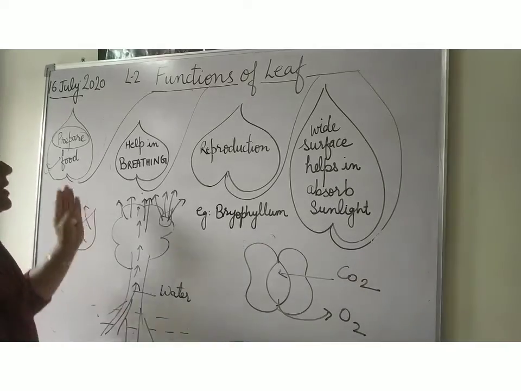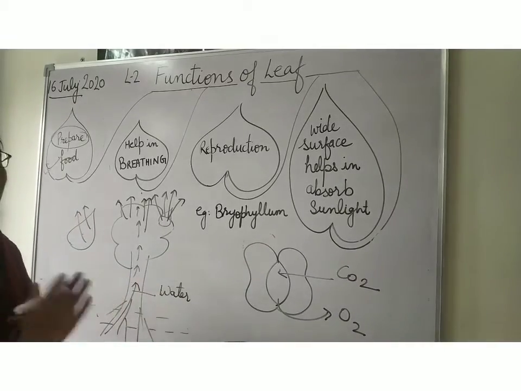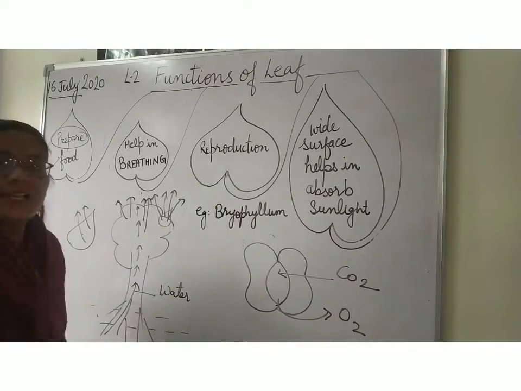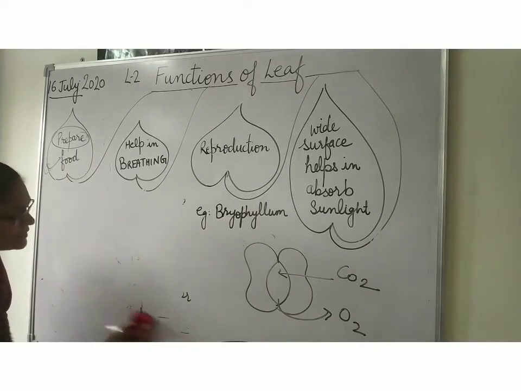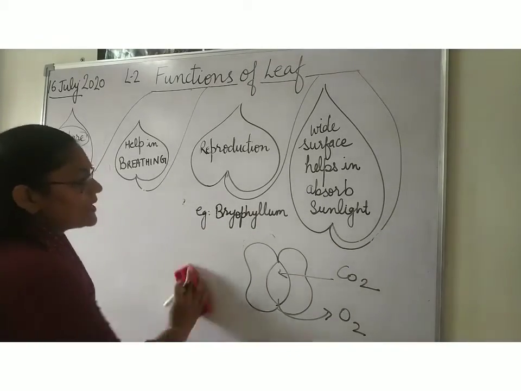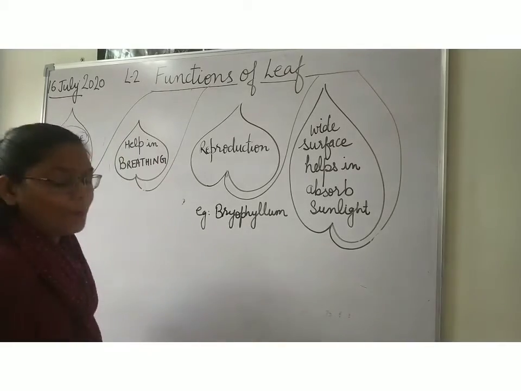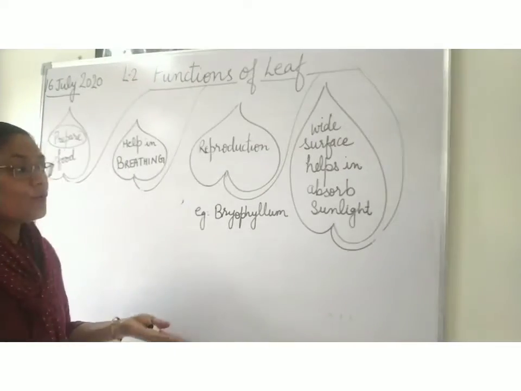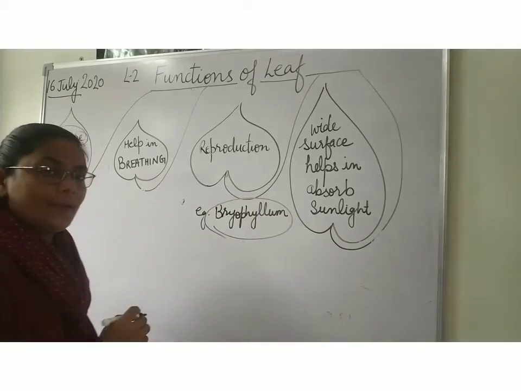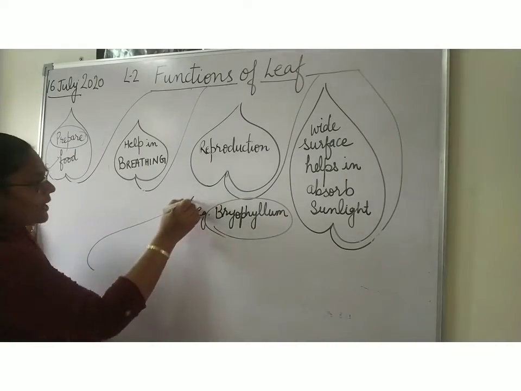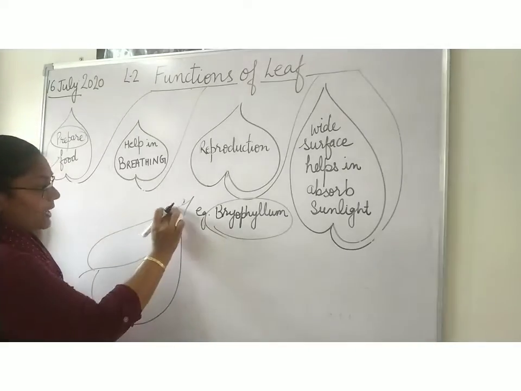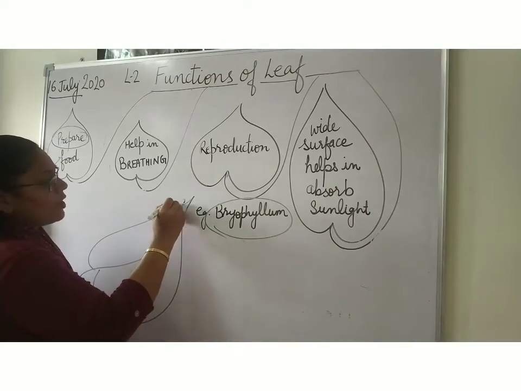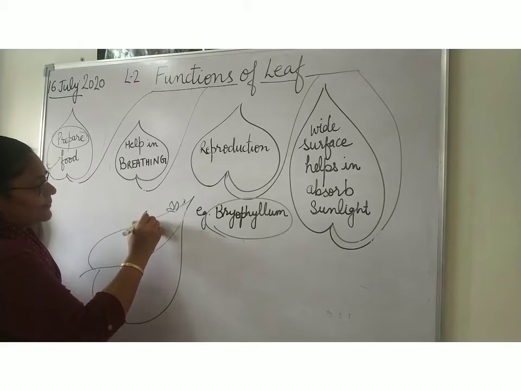क्लियर चिल्ड्रन? नाउ वी जंप ऑन द नेक्स्ट फंक्शन, that is reproduction. Reproduction, that helps some of the plant leaves help the plant in reproduction, in reproducing new leaves, such as bryophyllum. ये देखो, ये bryophyllum का लीफ है. Fine. Bryophyllum के लीफ में corners पे the small leaflets are present like this.